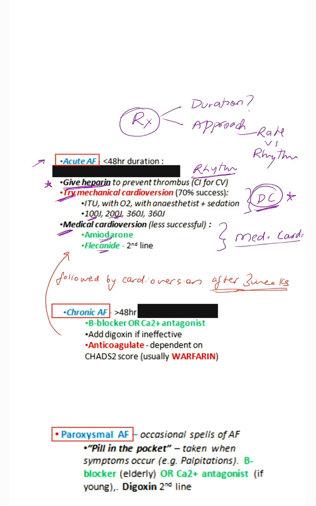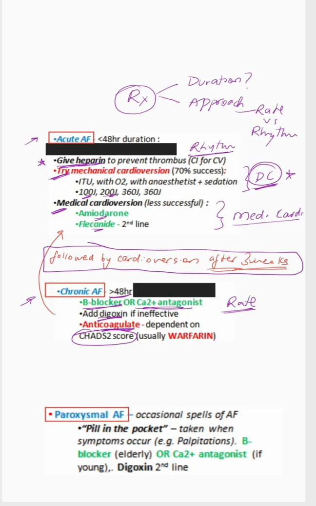In cases of chronic atrial fibrillation, which is more than 48 hours, rate control is the preferred mode of treatment. This includes a beta blocker or calcium channel blocker as first line, and other drugs like digoxin may also be used as second line. Along with this, anticoagulation is a must to prevent any thrombus formation. The requirement for an anticoagulant is gauged using a score called the CHA2DS2-VASc score. This treatment is continued for a span of 3 weeks, which is followed by cardioversion as explained in the acute